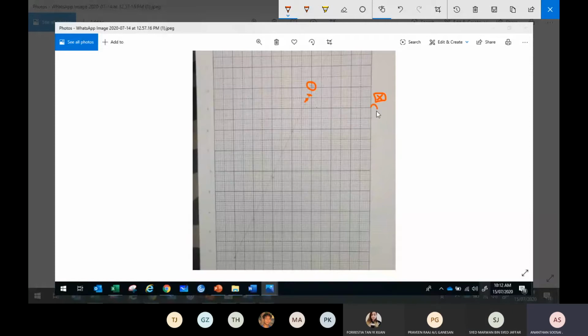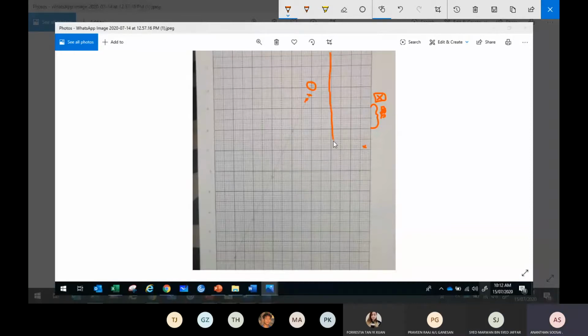You see, here got 10 boxes, right? 10 small boxes. Your X, the cross, must be only the size of one small box. Okay. I never told you that. So the cross must be one small box, and